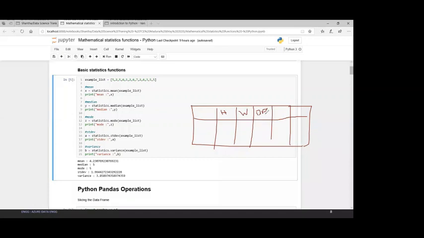Again, the same example I'm talking about. These are the individual patient names. So, for example, I have